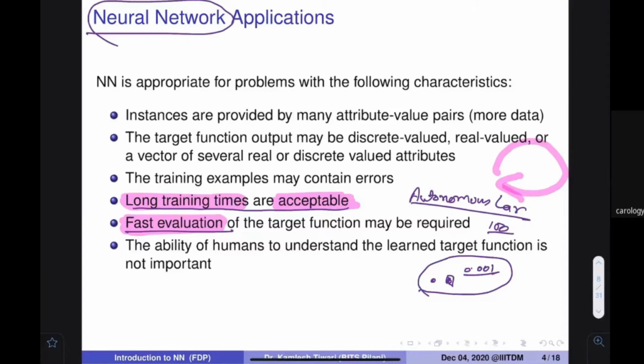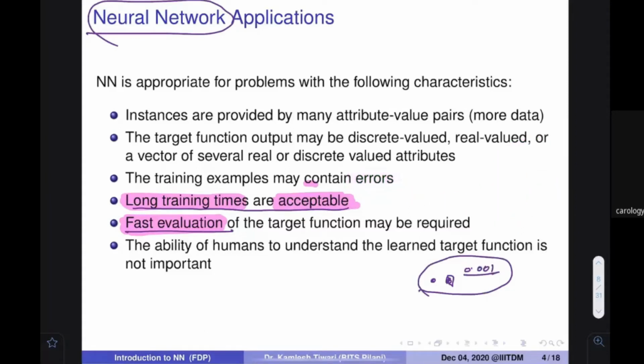One thing. And there are various other advantages, that if the training examples have errors, some kind of noise, then it also works well. Also a very important point is this: when these weights are given to you, let's assume that when I give you the weights, sometimes the interpretation may be very hard, that is, I give you these values, what is the understanding? Sometimes finding out the understanding is difficult. So if the understanding is not that important, then you go for neural network based systems. Make sense? All right.